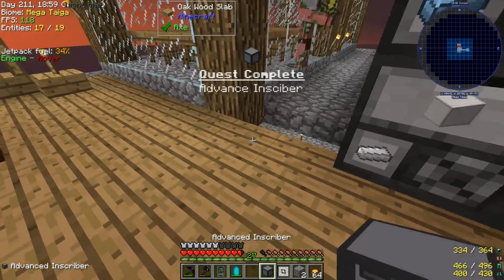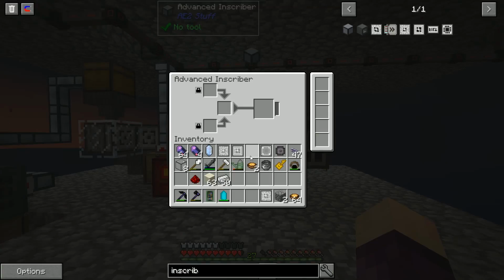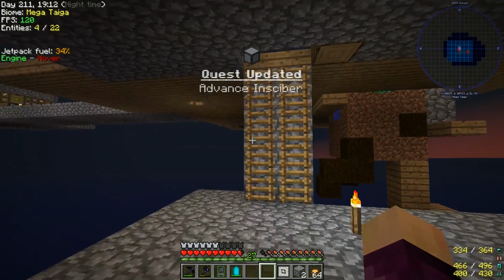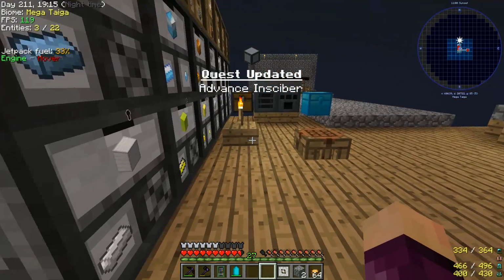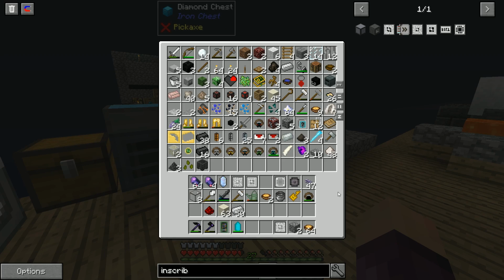Nice. That's going to get us the Advanced Inscriber, which I don't think is any faster by default. I think it runs at the same speed as the previous Inscriber, but as I mentioned a second ago, it does allow you to stack items. And so, if I was to come and grab some of that silicon that I just dropped off in here,